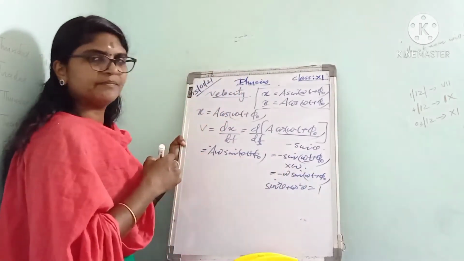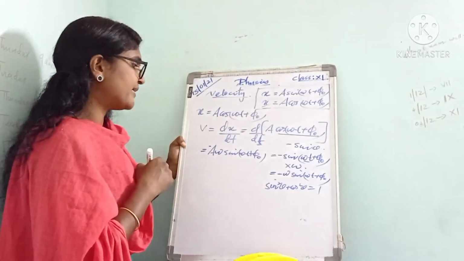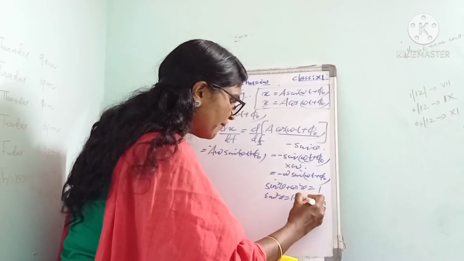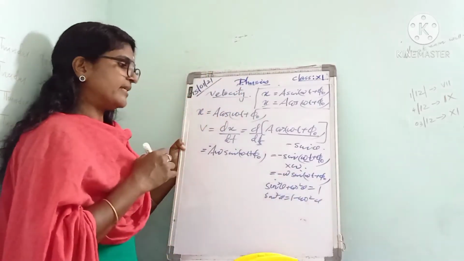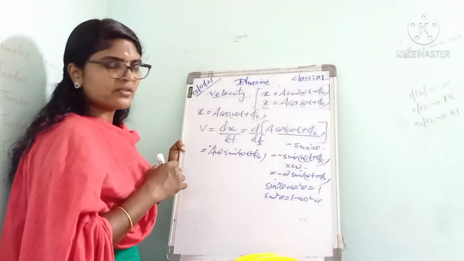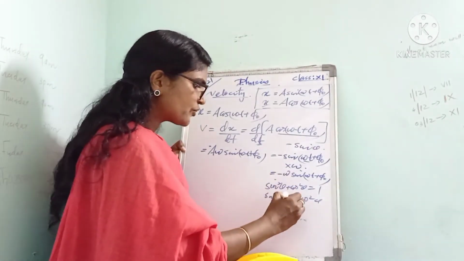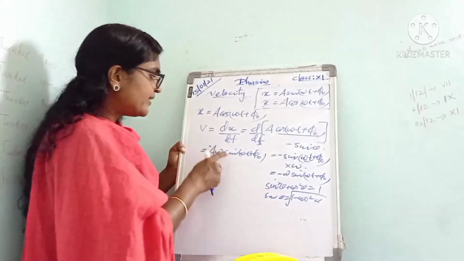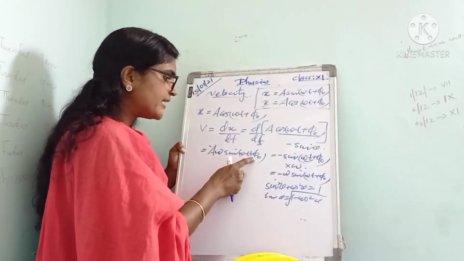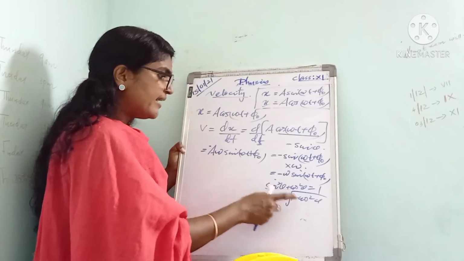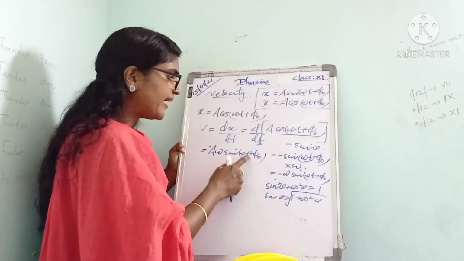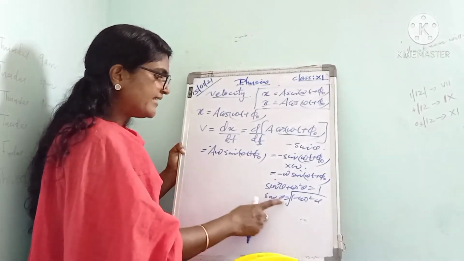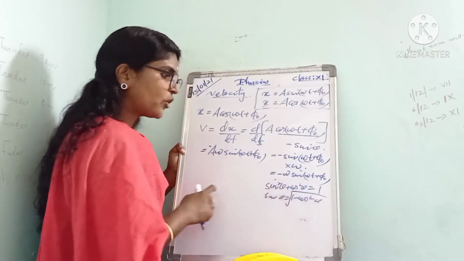to 1. sin²θ + cos²θ equal to 1. From that, you know, sin²θ is equal to 1 minus cos²θ, and sin θ is equal to the square root of 1 minus cos²θ. Okay, so this sin(ωt + φ0) can be written as how? In the place of θ we have ωt + φ0. Okay, the same equation, instead of sin θ we can write the square root of 1 minus cos²θ.